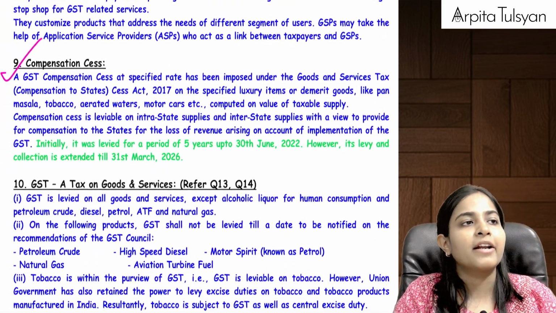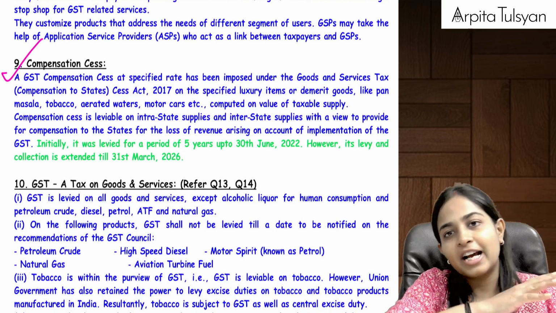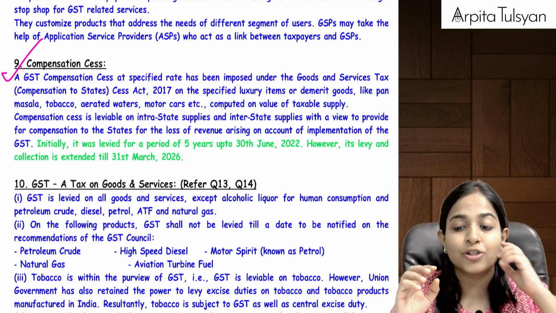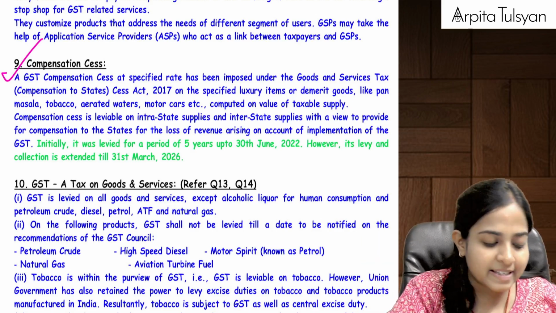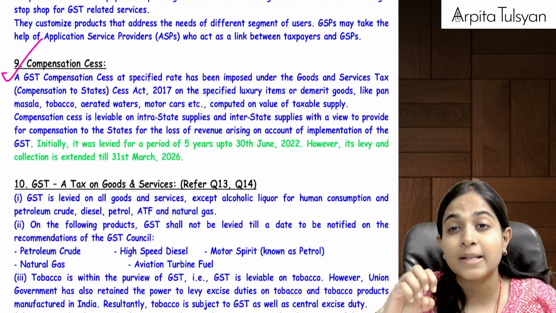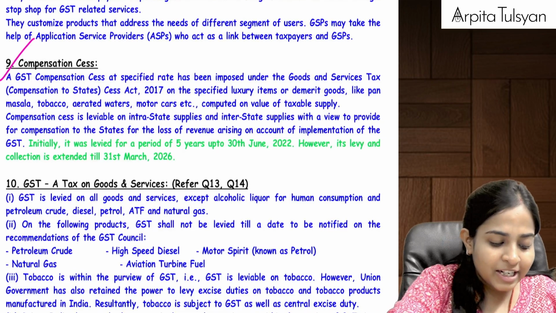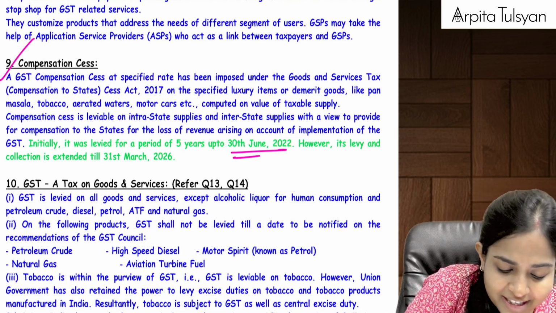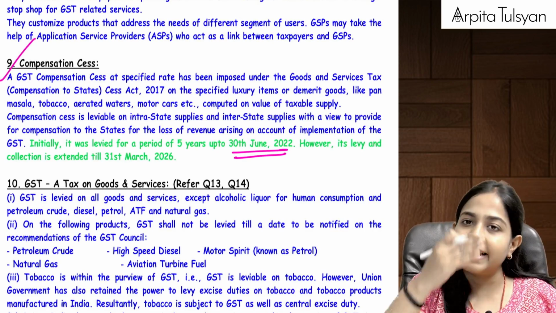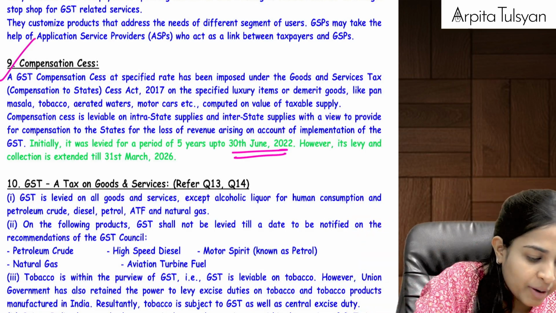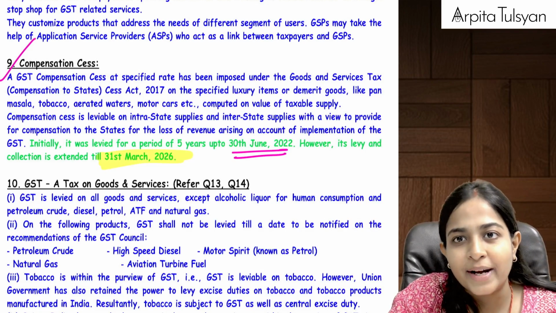Can you see this paragraph called GST compensation cess, which they had levied when we were moving from the old law to the new law, just to compensate the states, right? They had come up with this cess called GST compensation cess on some luxury items and demerit items, if you can recollect. Initially it was levied for a period of 5 years, that is, up to 30th June 2022, but then later they extended it and now it is applicable till when? Now it is applicable till 31st March 2026.